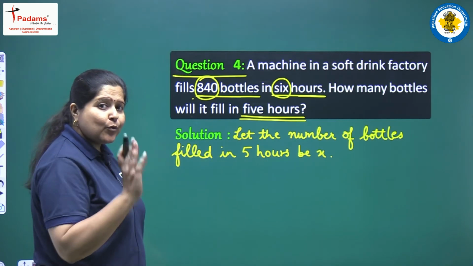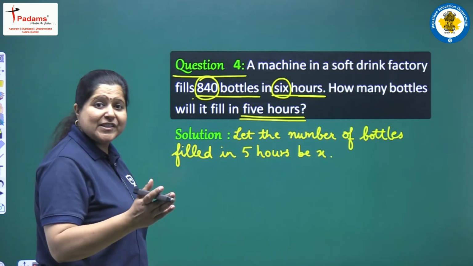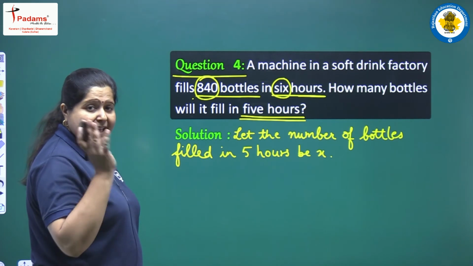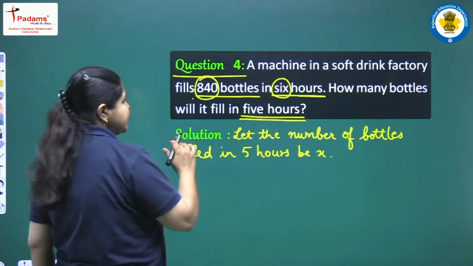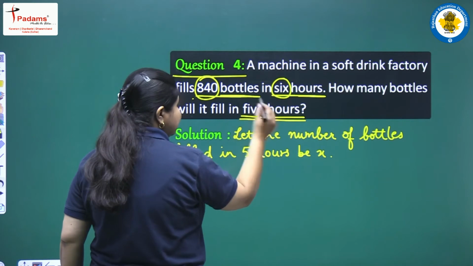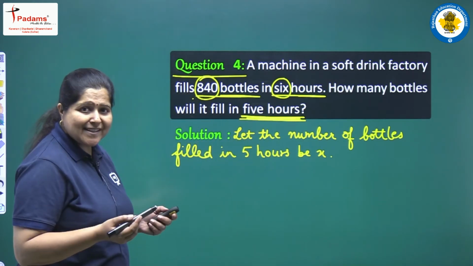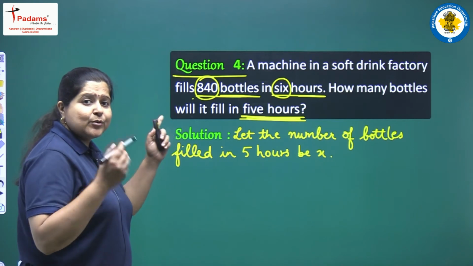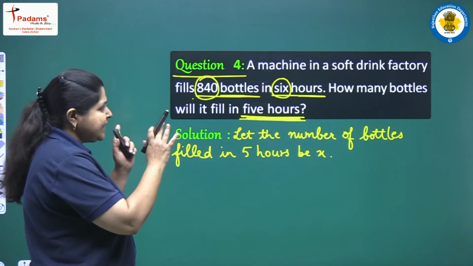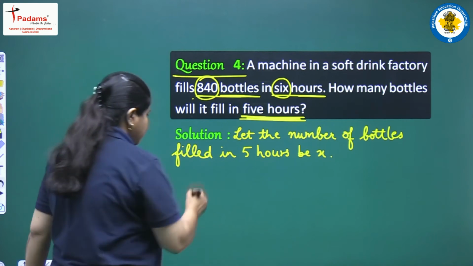सोच लिया होगा वो दो क्वांटिटीज़ जिनके बीच में रिलेशनशिप हमें चेक करनी है, और वो क्वांटिटीज़ हैं, पहली तो नंबर ऑफ बॉटल्स दैट आर गेटिंग फिल्ड, एंड द सेकेंड वन इज़ द टाइम टेकन, कितने समय में कितनी बॉटल्स भरी जा सकती हैं। हियर द क्वेश्चन इज रिलेटेड टू दिस, एंड सो हियर वी विल राइट दीज टू क्वांटिटीज़ इन टेब्यूलर फॉर्म। हियर वी हैव